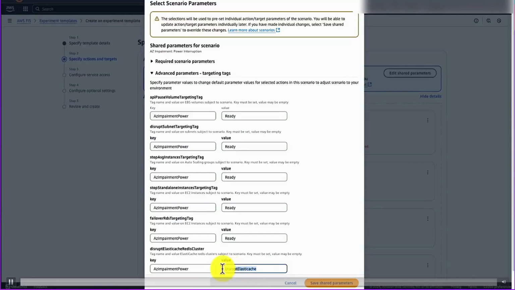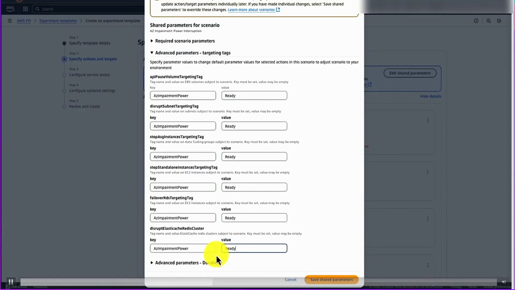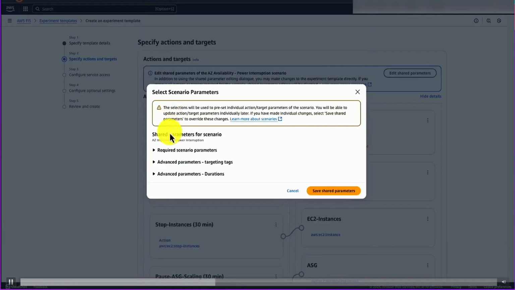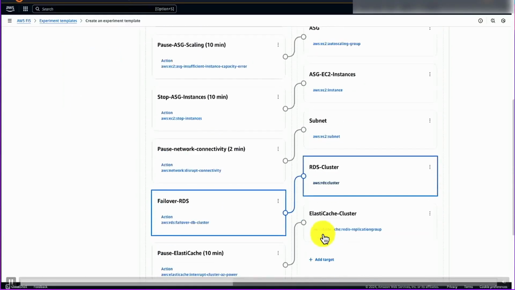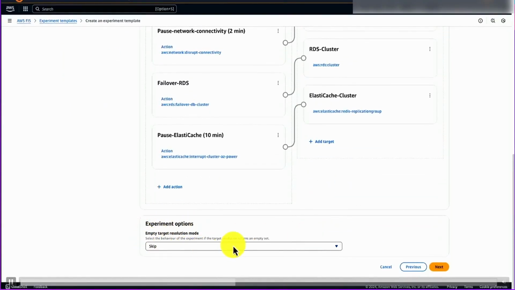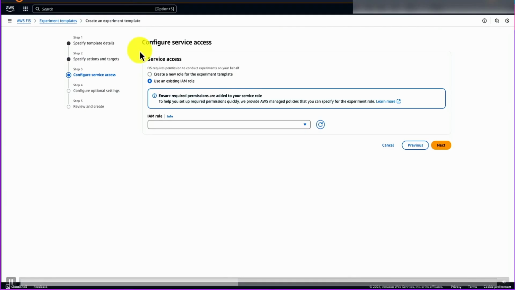So I'm going to tag my RDS instance, my ElastiCache instance with that key value. So again, part of that safety, targeting the right resources to run the experiment on. And then we're going to set the duration of the experiment here. We want the impact to be for 2 minutes, the whole outage for 10 minutes, and the recovery afterwards, so slowly allowing the services back online for 5 minutes.